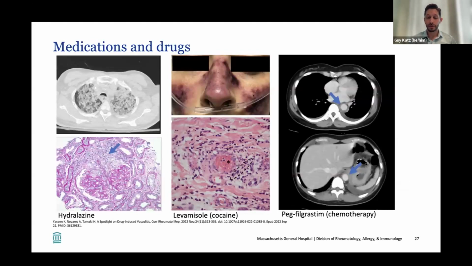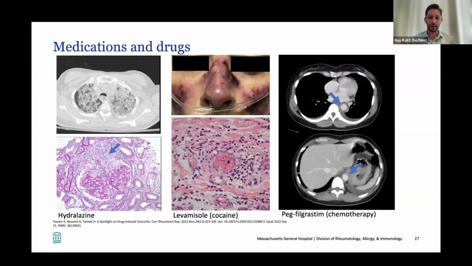The next category of environmental exposures that we'll briefly go over is medications and drugs. These are three different examples of medications that caused vasculitis, and these are very well-known examples that have been very, very well described and aren't that uncommon. But just about any drug could theoretically activate the immune system, like I was mentioning before, and could theoretically lead to a vasculitis. The challenge is we never know with any certainty whether that's the case for an individual person.